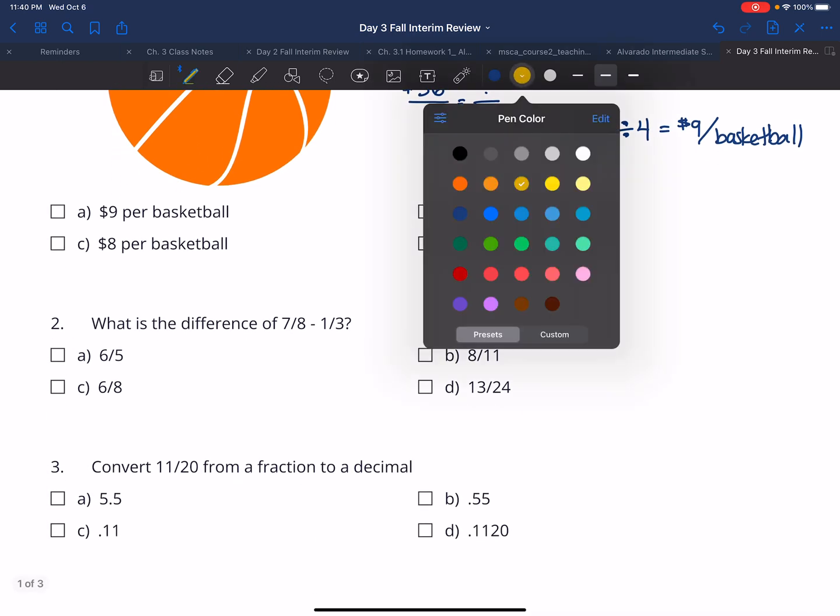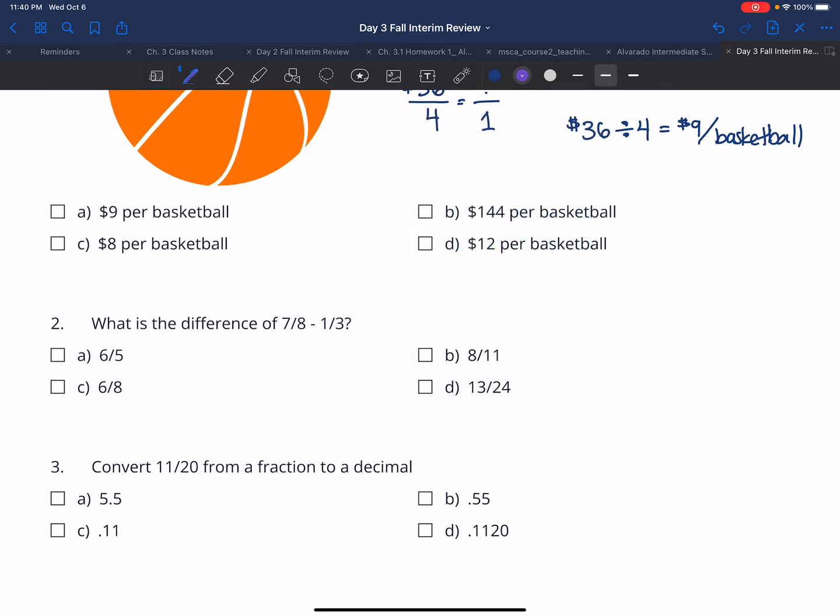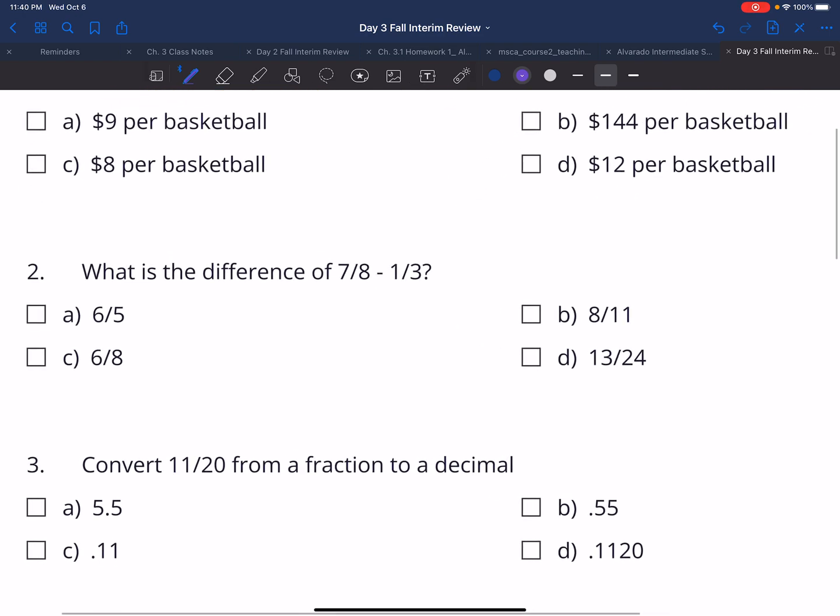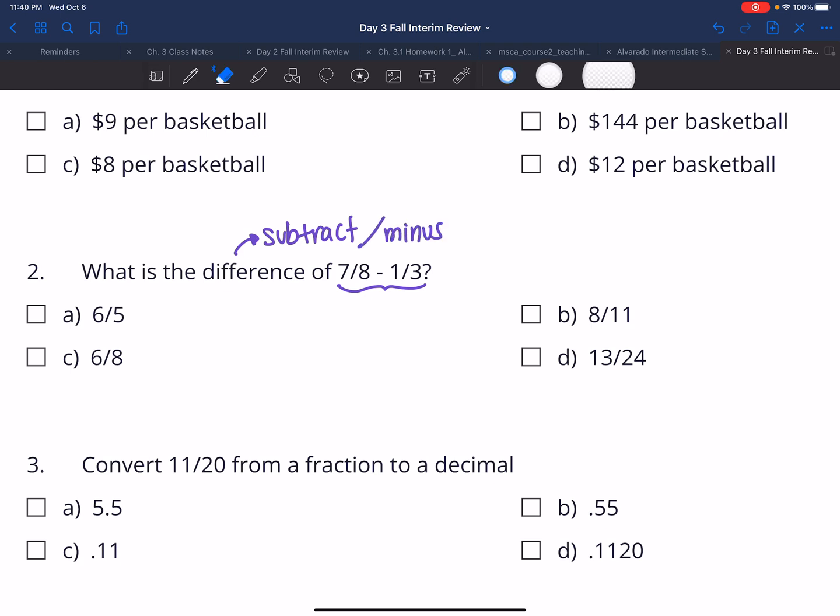Alright, let's do number 2. What is the difference between 7/8 and 1/3? Well, difference means subtract, or you could also say minus. So if I want to subtract 7/8 minus 1/3,